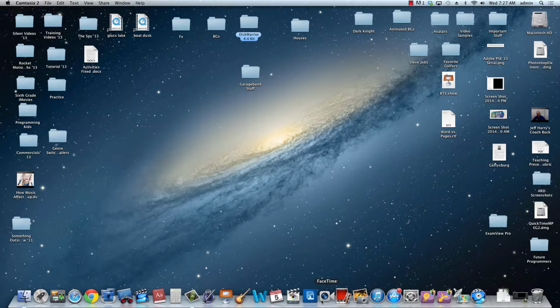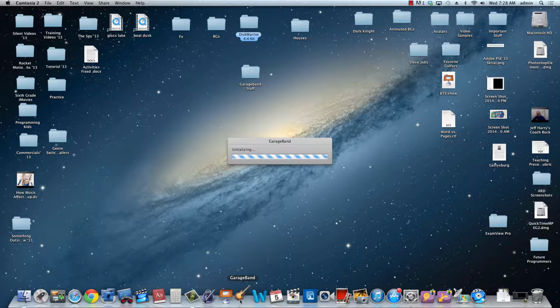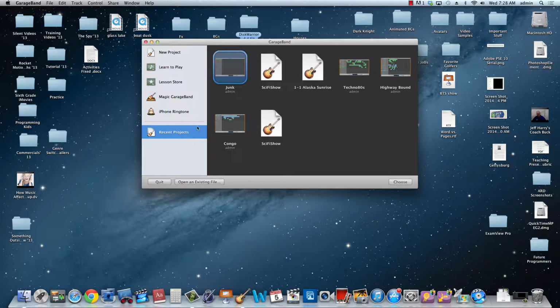But at the end of the screencast, you're going to know how to create and name and save a GarageBand file and work a little bit with tempo and loops and learn how to audition some music and actually string some loops together. So anyhow, without any further ado, I'm going to launch GarageBand, and what we'd like to do